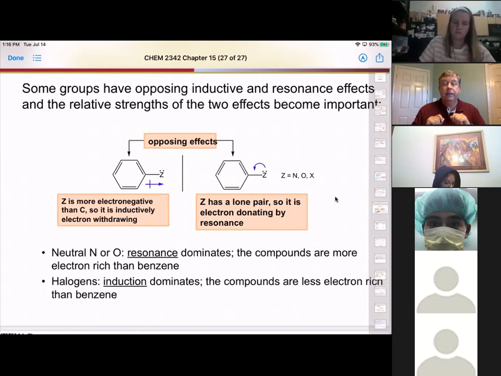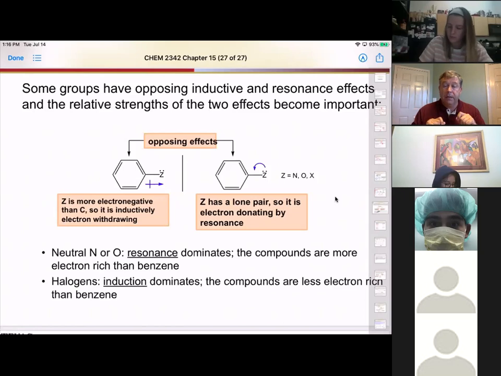Resonance dominates the effect, okay? That donating of the lone pair into the system dominates that effect. It is not just that nitrogen or oxygen is more electronegative than carbon. Those lone pairs are what's dominating the effect. Therefore, they are a net electron donator. Those lone pairs donate in, the resonance effect dominates. They are donators, okay? Now, halogens, on the other hand, even though they have 3 lone pairs on them,